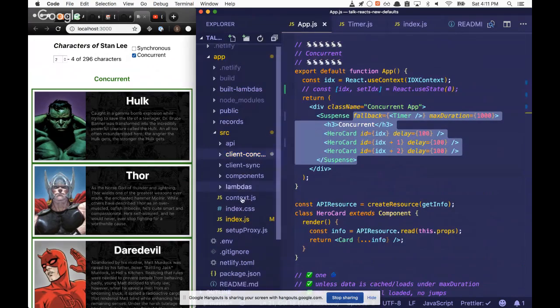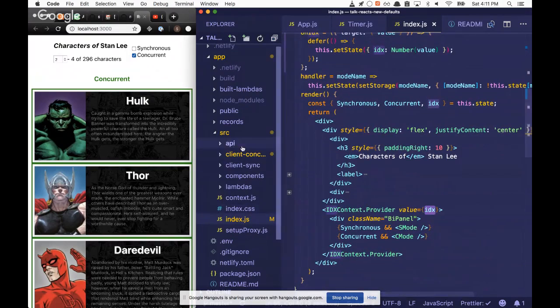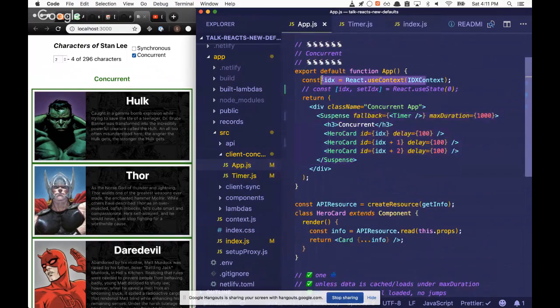I have a synchronous app down all the way at the top, right? It's providing the context, and when that context is being set, that index number is going into my app. I'm reading it and then using it. But for this usage we don't know the priority, so it seems like a high priority. I don't know if it's the highest, but it's pretty high, and that means it resolves immediately, and this max duration